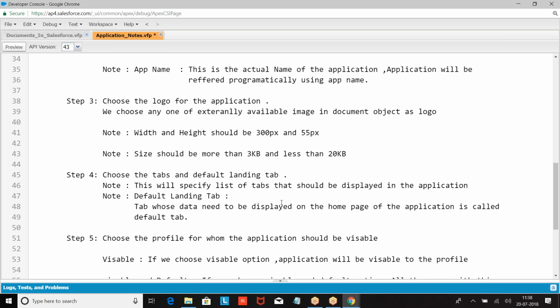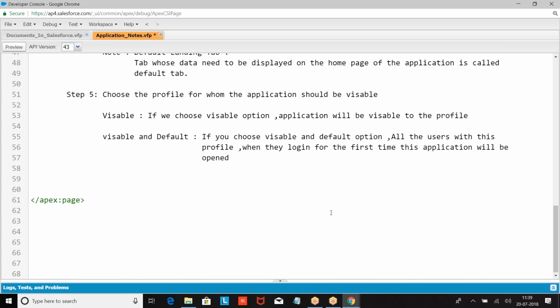I told you already, profile means it will tell you who can see what. At this level, we only have this knowledge. Profile means it will tell you which user can see what. That's all. When we go to that topic, we'll be learning in detail. I hope you are good with this one. So this is how we have created it.